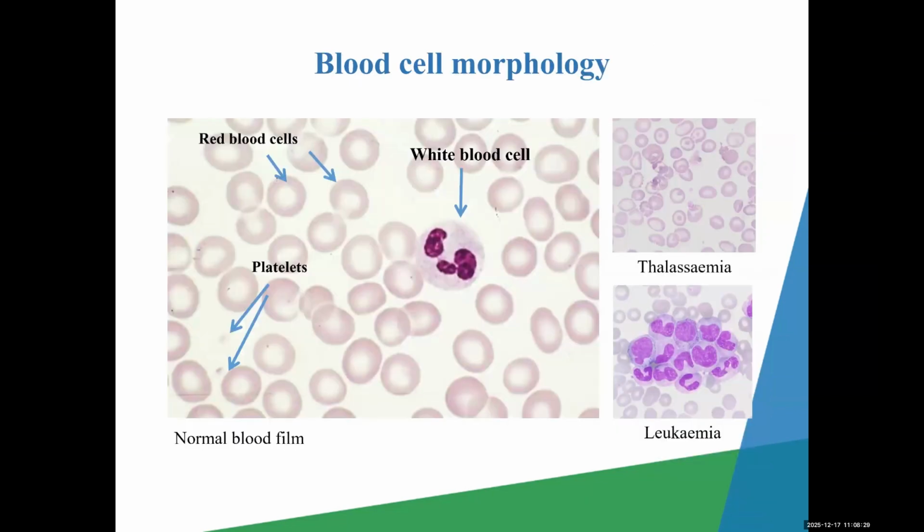So this is the blood film showing a normal blood film. In a normal blood film, you expect to see the red cells, the white cells, and also the platelets. But sometimes when the patient has an abnormal blood disorder, for example thalassemia and also leukemia, they will have a very different morphology on the blood film. So again, in order to pass these subjects, you should be able to identify these kinds of features